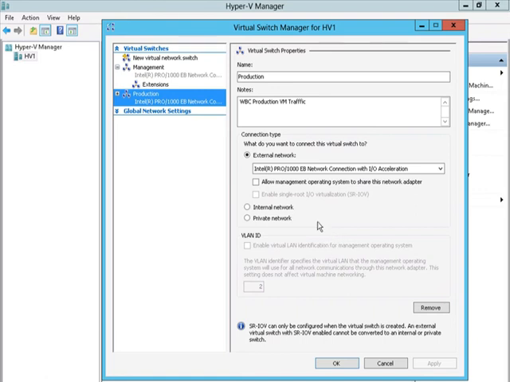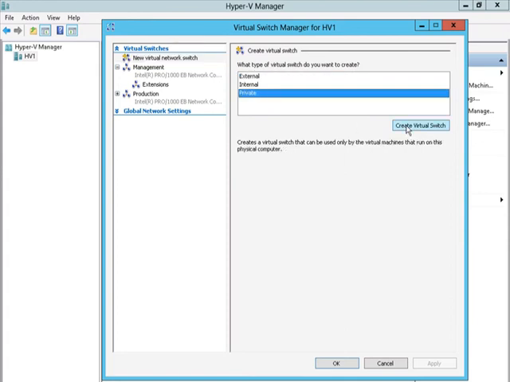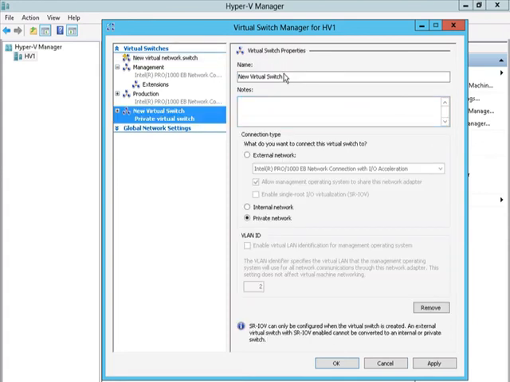Now a private virtual switch. So I'll click New Virtual Network Switch. I'll select Private and click Create Virtual Switch. So this is going to be a private virtual switch. I'll enter that here. And the notes we'll enter here are that this is for Wired Brain Coffee Company private